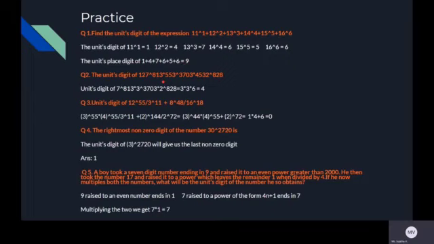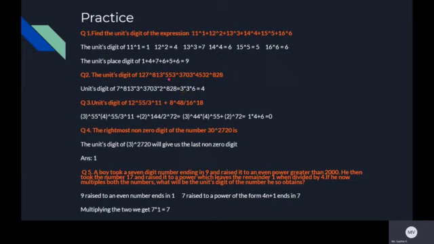Now, the units digit of this. This is a multiplication question and the numbers are quite big. So let's take a look at this. 127 raised to 813 can be reduced to 7 raised to 813. So what will be your first step? Divide 813 by 4. When you divide 813 by 4, the remainder is 1. So 813 is of the form 4n plus 1, and if 7 is raised to a power of the form 4n plus 1, then the last digit is 3.